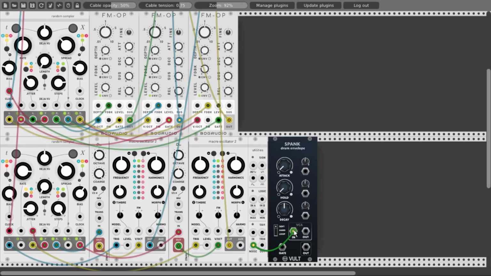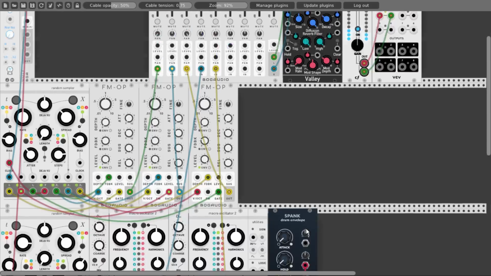Let's change also the envelope to hard, so it's really nice and snappy. Turn the decay all the way down, and let's use the T2 output to trigger the envelope, and the X2 output to modulate the decay. Let's open the attenuator just a bit, and let's listen to this.